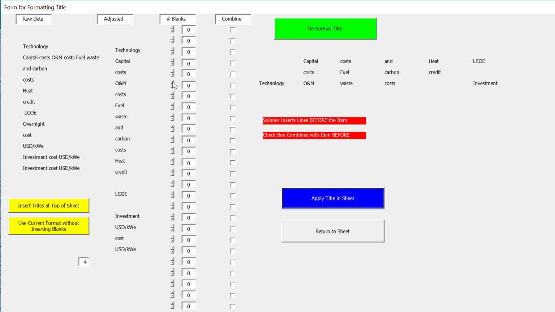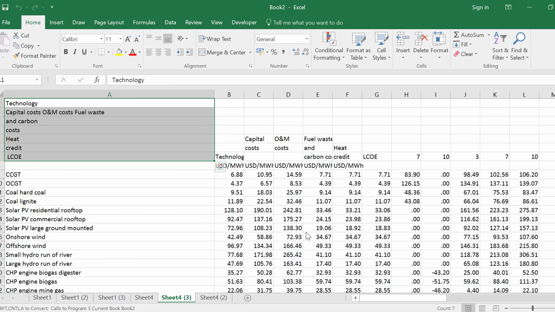and then we need to put a thing to get the fuel costs in a different line, and the fuel, and then this says combines with the item before. So if we want to put fuel waste, then it combines, and carbon costs, this will go to the one before and combine it. And then we have something called the heat credit for some of these plants that are combined heat and power plants, and then I apply it and return to the sheet,